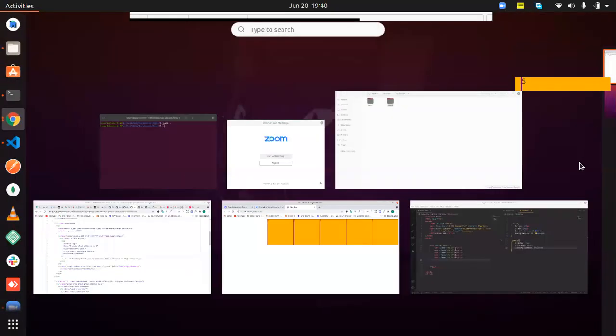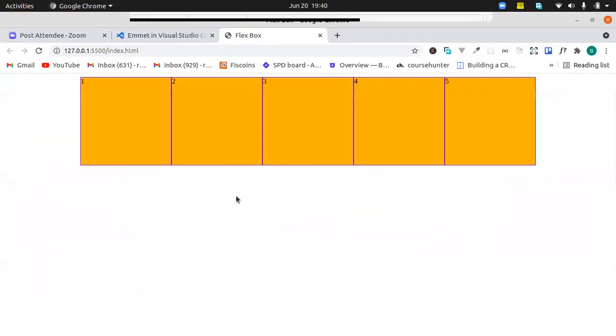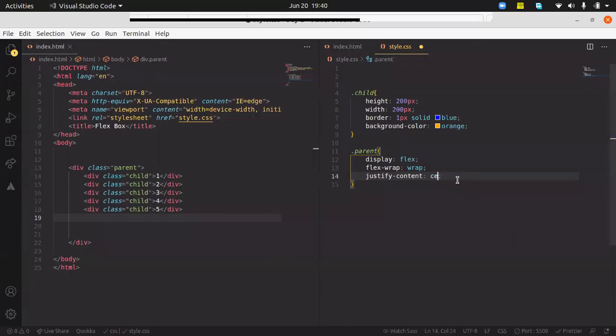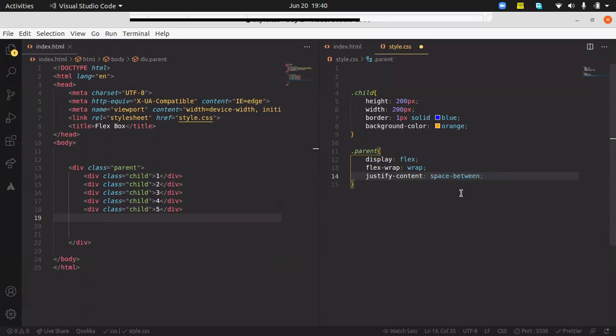Then the next one is center. Just center. We are writing the properties down, we are noting them down. Center. So that will be at the center of the page. Then another one is space between. Space between. As the name sounds, it's going to create